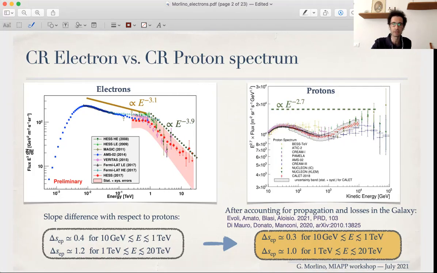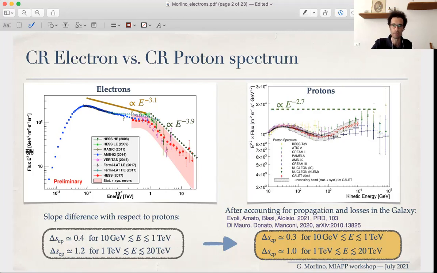Now, for years, the main explanation to justify this difference was the losses that electrons suffer during the propagation in the galaxy. But two recent works, and others in the past, but I'm just citing these two because they are the most recent, underlined that propagation in the galaxy, following the most recent, let's say, standard model for cosmic ray propagation in the galaxy, can justify just a little bit of this difference,